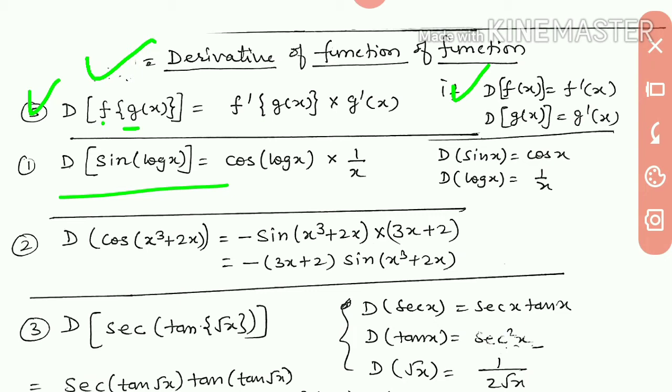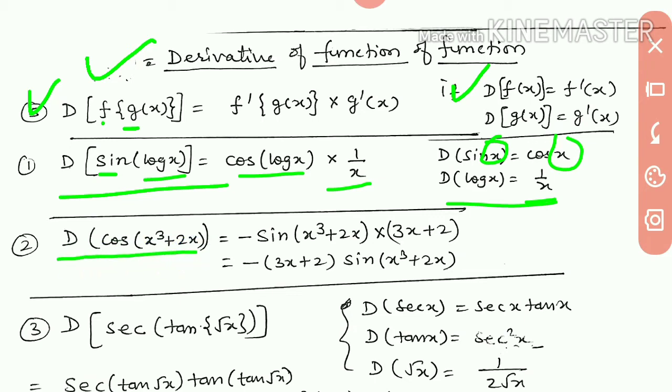Look here, we will take one example so that you understand this. Differential of sin log x. So you should know differential of sin x is cos x, and differential of log x is 1 upon x. Now in place of this x we will have here log x, so you write here cos log x. Do all of you understand? Sin x is cos x, so sin log x will be cos log x, and differential of log x you know already, that is 1 upon x, so you multiply by 1 upon x. Do all of you understand this?